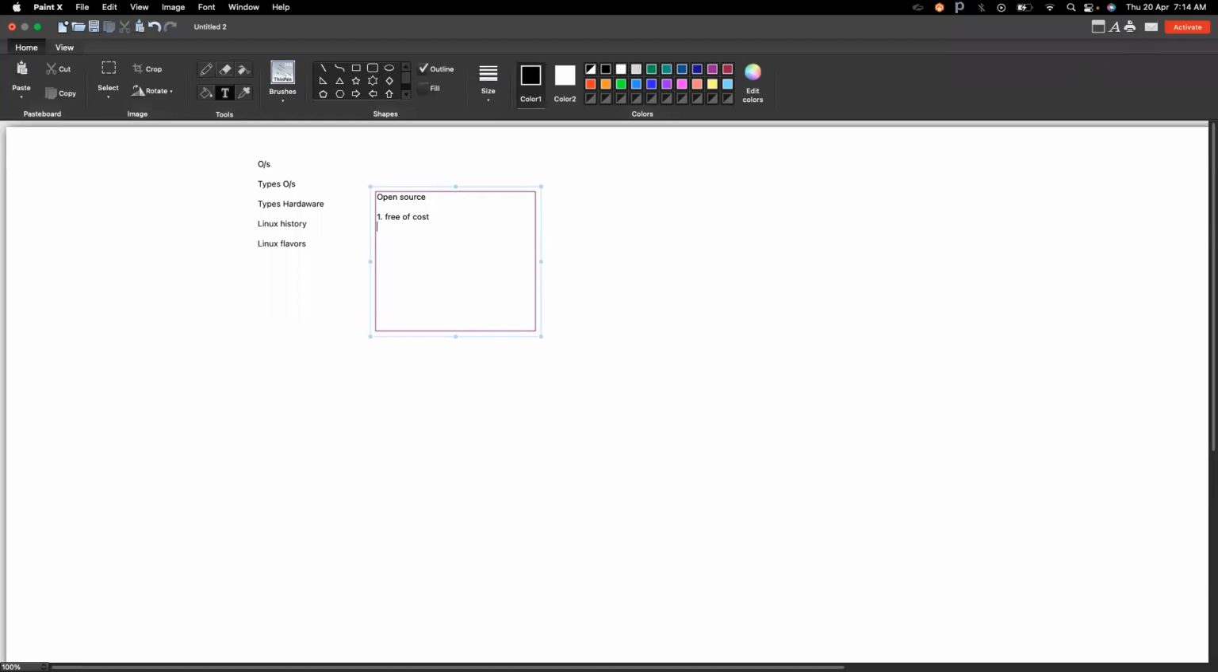Yeah. So one is free of cost. The second one is source code available. So open source means here we have 2 points to remember. One is free of cost. Then the second one is source code available. So if the source code is available,